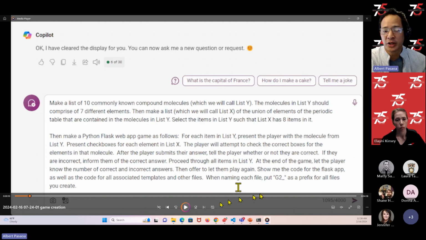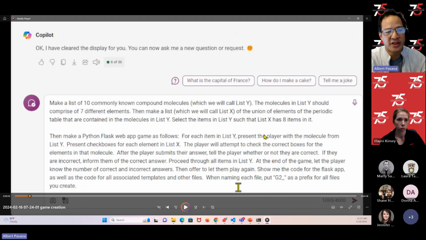Okay, so this sounds like super dry language, and it's because in my previous iteration, it was not doing what I wanted because my language was very loose. But basically, I want a game that'll say, water, and then it'll display 7 different buttons, each representing an element. And then the player is supposed to click which elements comprise that molecule, right? That was my idea, but